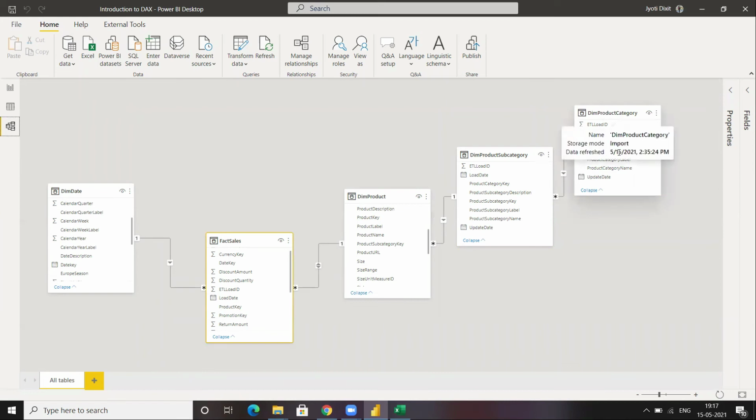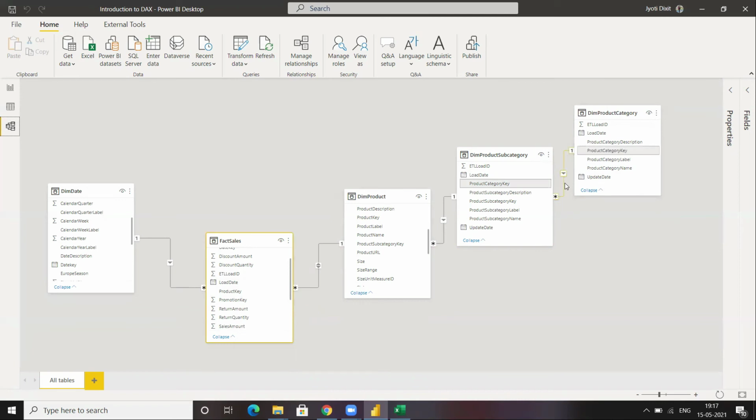So if I use any column of product category, suppose I use product category name, and I use this column, like I want to see the sales amount column of fact sales, then what is going to happen? One product category name is going to have one key corresponding to that.